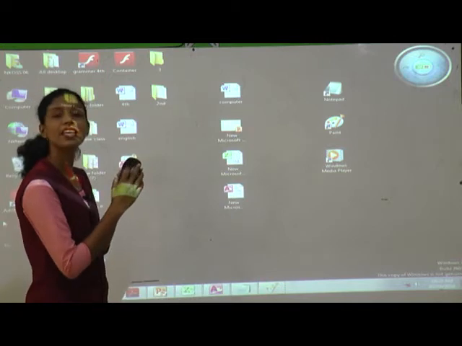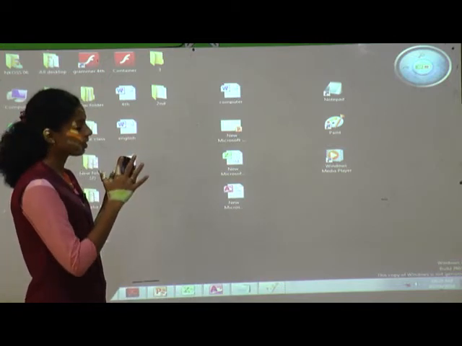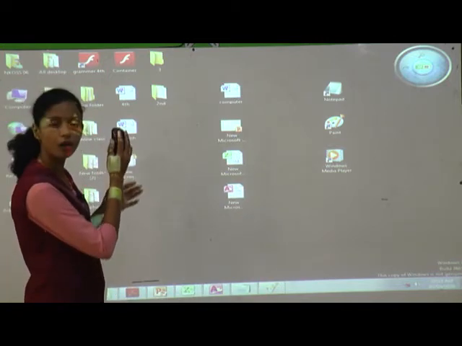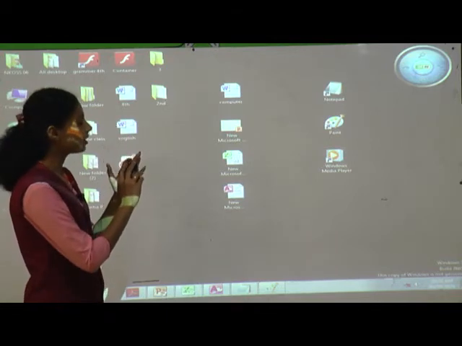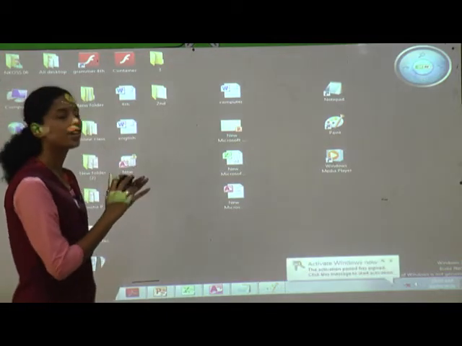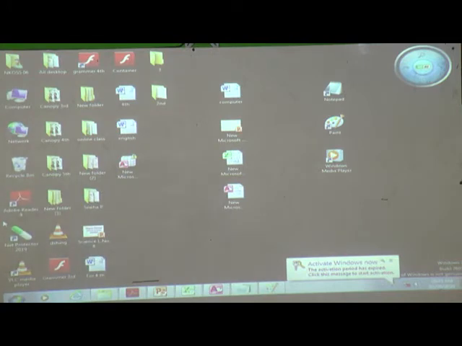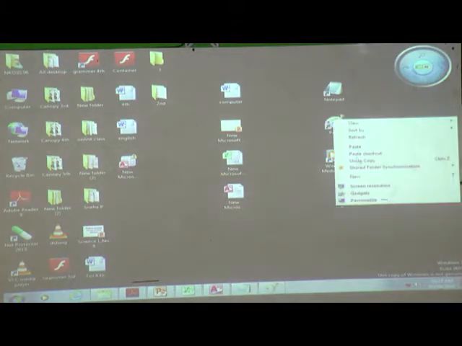We have to hold the mouse like that, okay? How to hold the mouse? Then if you want to create a folder, which button do we have to press? The mouse right button. Then you can see this type of menu will appear.